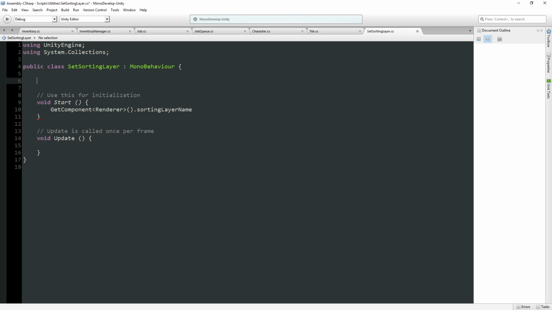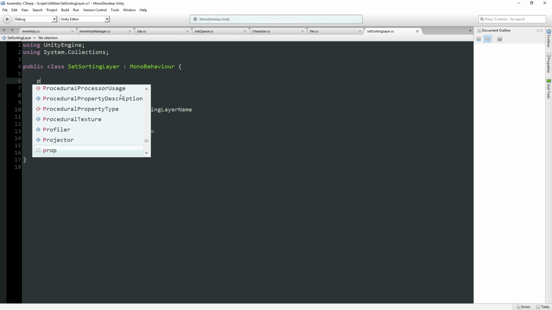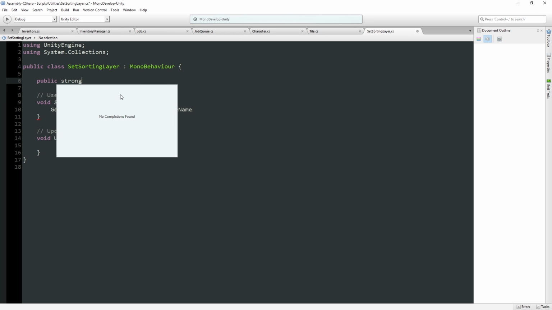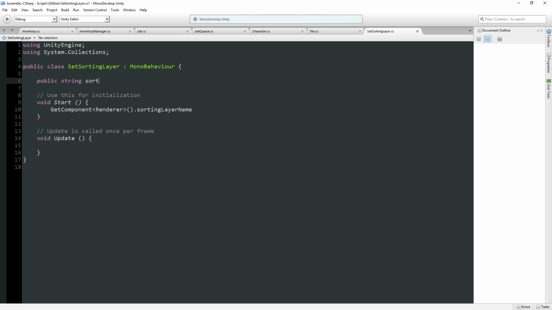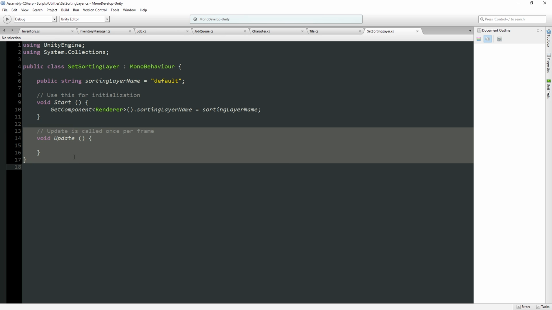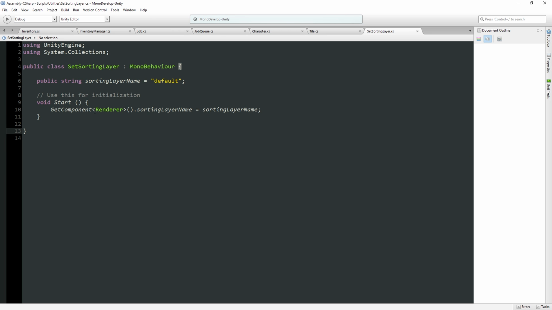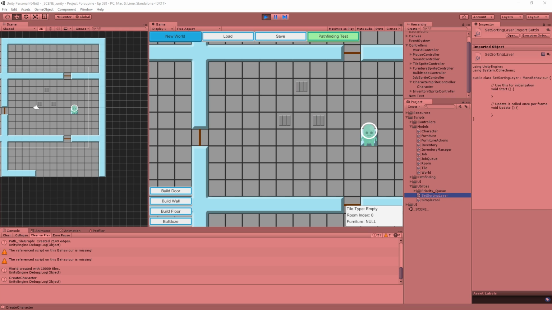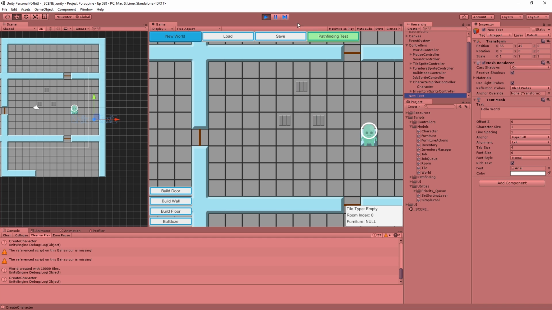So if we have a public string sorting layer name, like that, we can have it start at default, because that's actually what it would be. And for clarity, we can do that. And if we set the renderer sorting layer name to this, and we don't need an update function at all, then if we go back into Unity, and take our 3D text here,